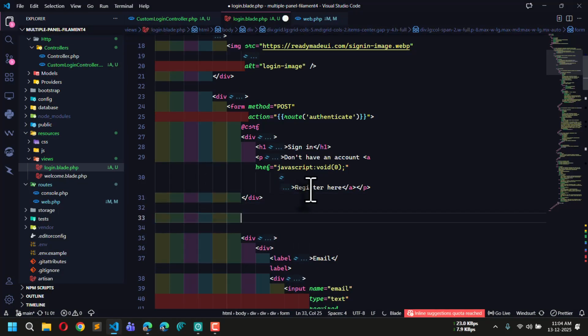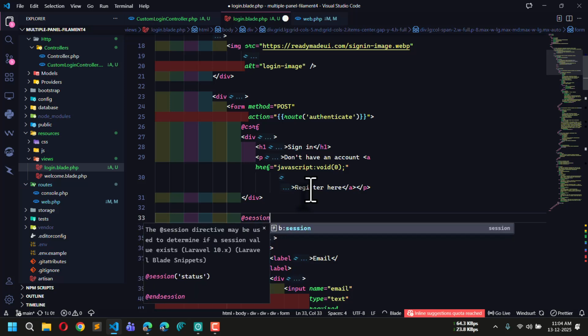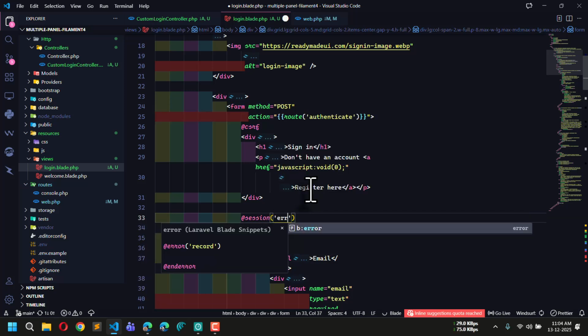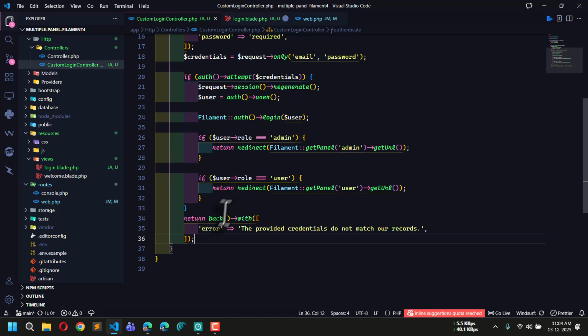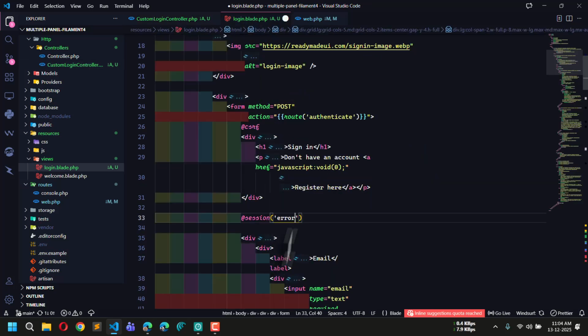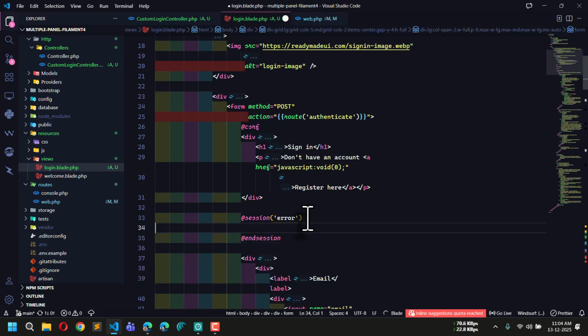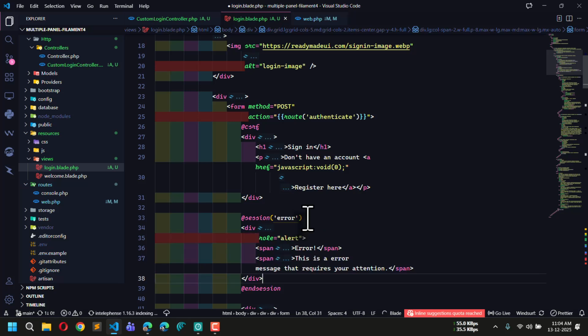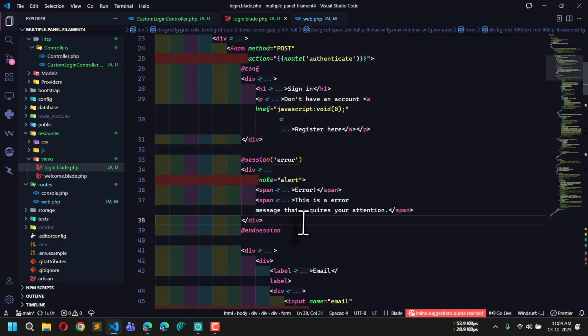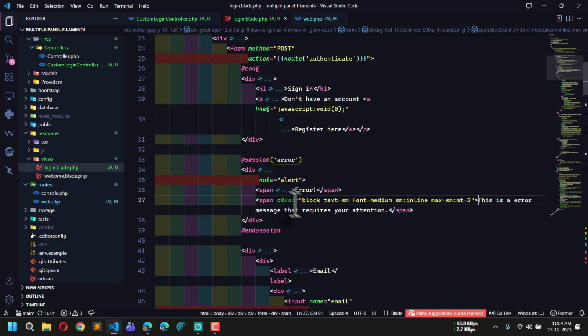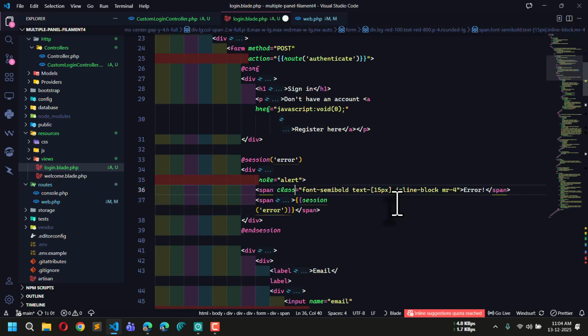Now here I will use the session directive, and here I will check error. Okay, so the key is error, so we need to check error, and then we'll use endsession, and inside this let's paste the code, and here I will change the message with the dynamic message, which is session error. Okay, save this, and